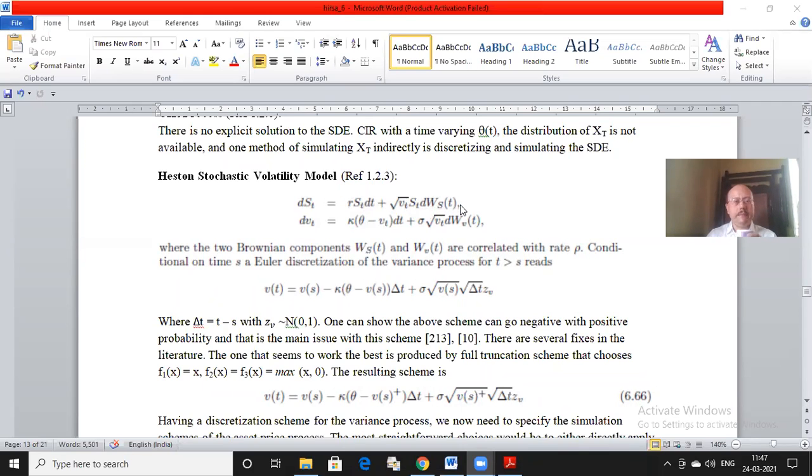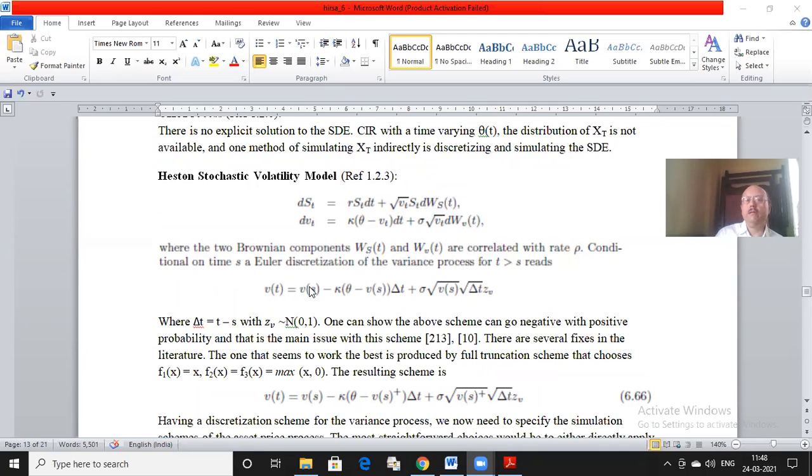Now, how is this V_t generated? This V_t is generated by a CIR process. So it is a mean reverting trend and sigma square root of V_t variance. So this is the volatility of volatility. So we have seen this before, so no need to discuss in detail, but here we are involved in generating paths simultaneously for a two equation system. And we typically also consider the two Brownian motion components, W_S and W_V, to be correlated with some rate rho. So these two need not be independent.